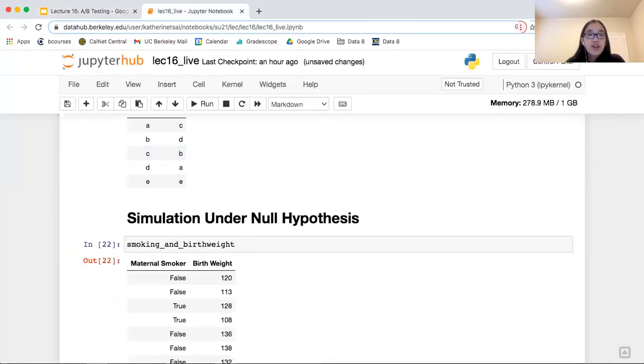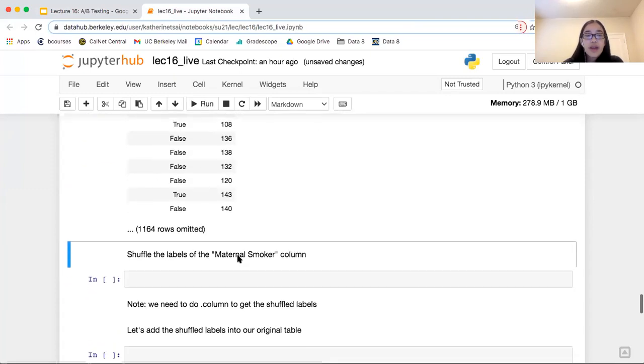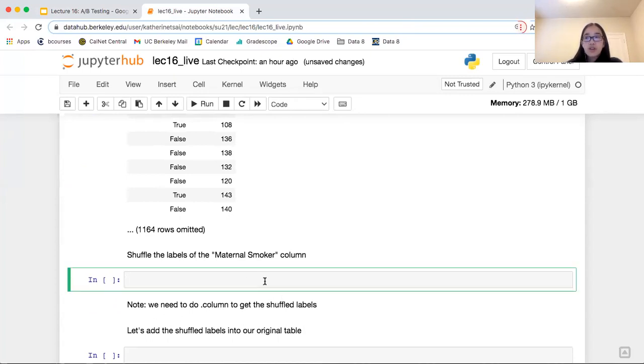Okay, so let's look at our smoking and birth weight table again. Now what we can do is shuffle those labels of the maternal smoker column. So we can do smoking and birth weight, and like we said before, sample with replacement equals false.